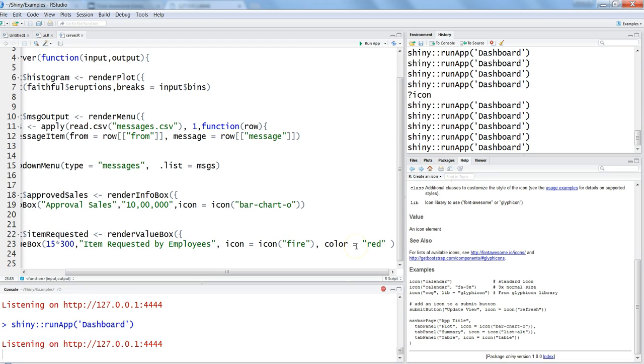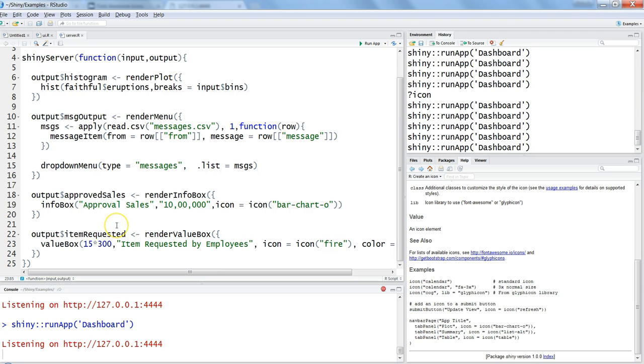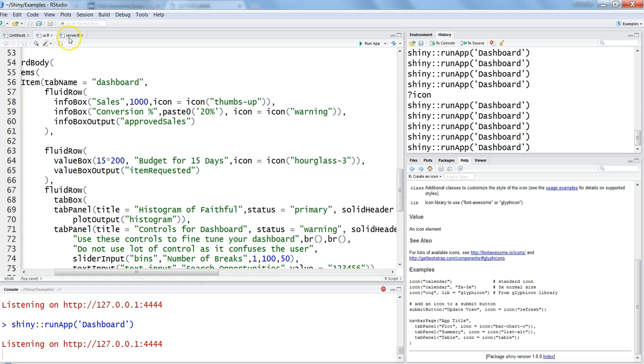So that's pretty much all about how you can create value boxes which are either static in nature or dynamic, as mentioned over here within the server, where you can fully use the processing power of the server function within Shiny. So these are the two things I wanted to talk about, the value box in this video